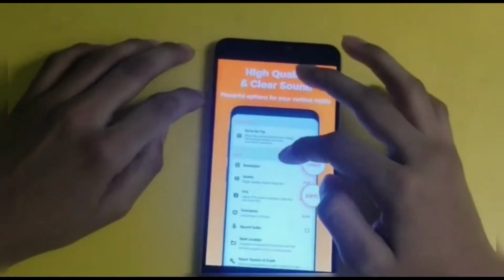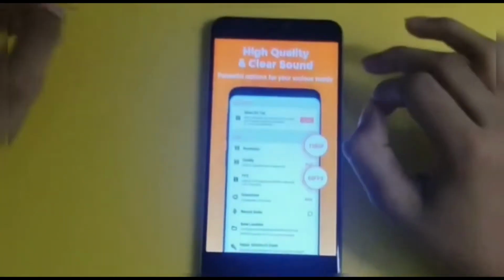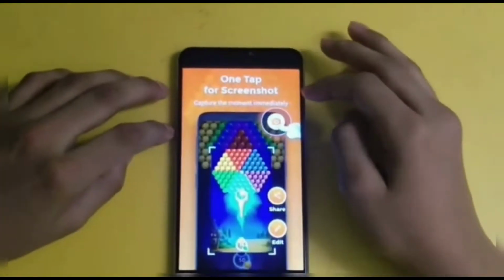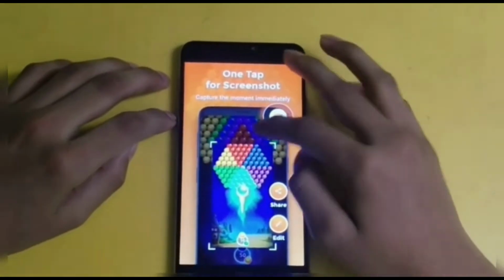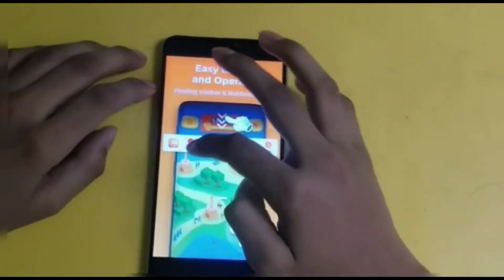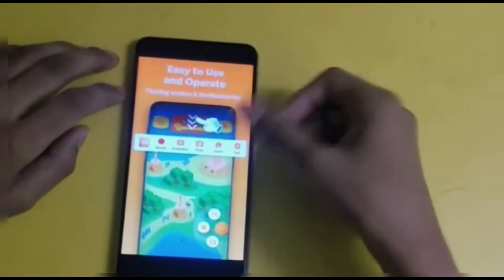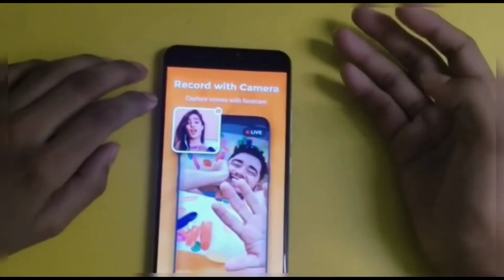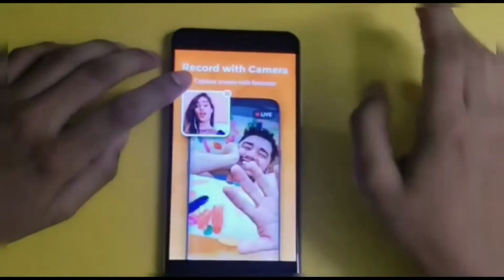You can change the resolution and FPS, which is very important for our phones, because if you have a low-capability phone, it's very tough to use. You can also take screenshots if your phone doesn't have that option. It is easy to operate. You can drag it up and down, and you can record, screenshot, use tools, go home and exit. You can also keep it on the sidebar, and the face cam is an option too, but you need to give the permission.